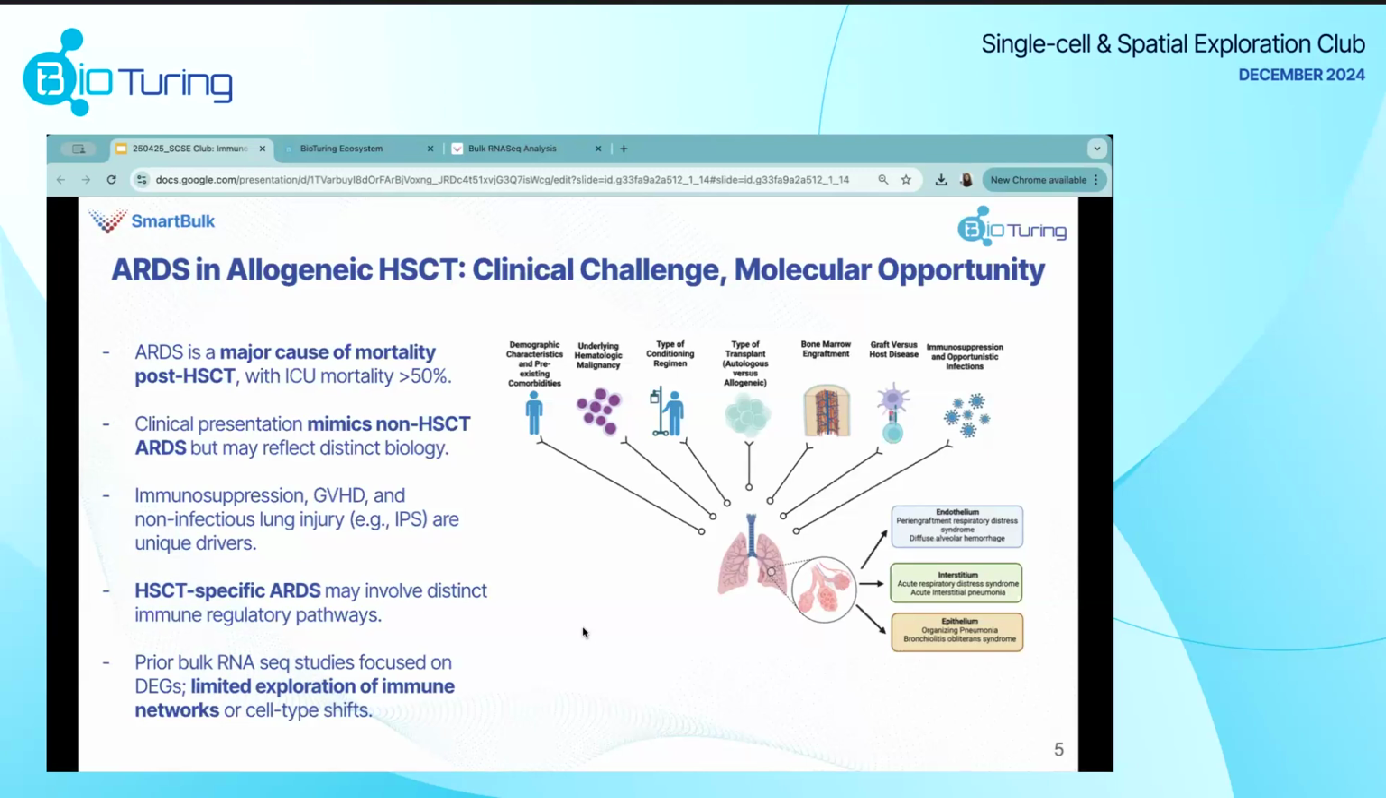And there were recent studies, particularly working with bulk RNA-seq, that uncovered a suppressed interferon response that altered immune gene expression within this specific group that underwent this allogeneic transplantation treatment. However, there aren't many studies that focus not only on differential gene expression analysis, but really go